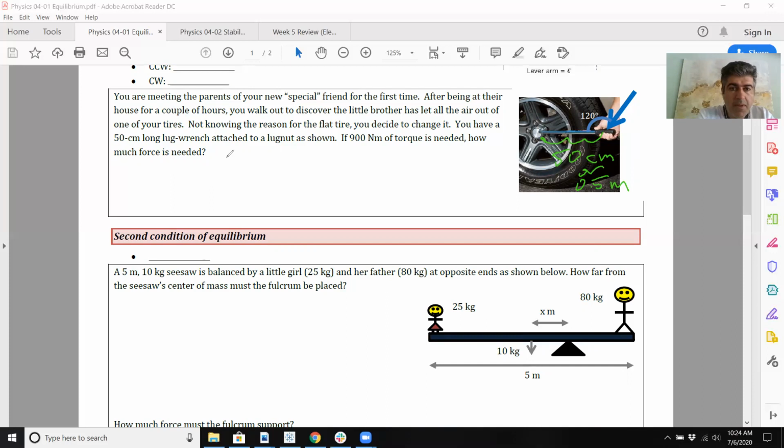So remember, torque equals your perpendicular force, or we'll say force times R times sine theta. So that's the actual formula we're using. So tau, or torque, is 900. The force is what we want to find. The radius, of course, is 0.5 meters, and sine 120 degrees. So apparently this is forming a 120 degree angle,